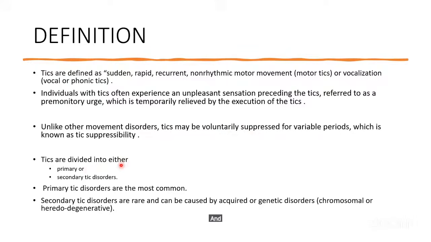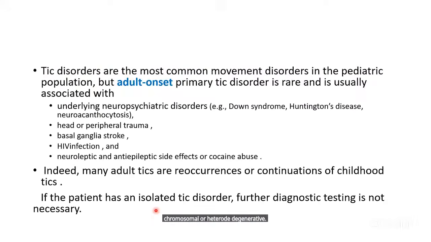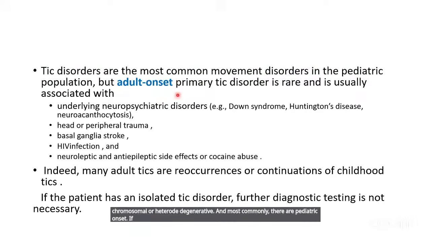And tics are divided into either primary or secondary tic disorder. Primary are the more common. Secondary are very rare and can be caused by acquired or genetic disorders, chromosomal or heterodegenerative. And most commonly, they are pediatric onset. If they are adult onset, primary tic disorder is rare, usually associated with underlying neuropsychiatric disorders, and